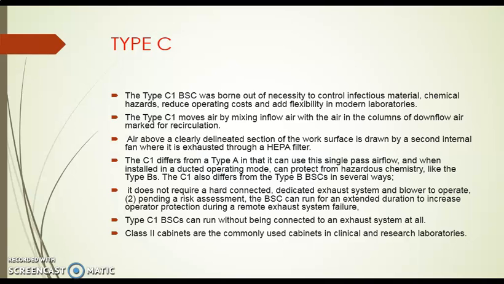The C1 also differs from Type B in several ways. What are the differences? It does not require a hard connected exhaust system and a blower to operate, and also it can run for an extended duration to increase operator protection during a remote exhaust system failure. The Type C1 BSC biosafety cabinets can run without being connected